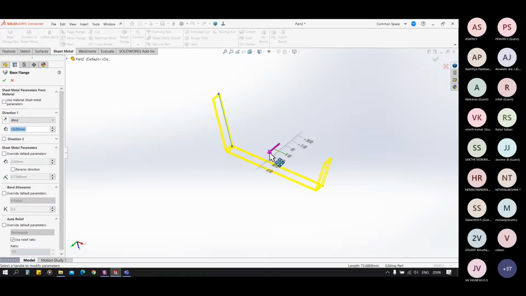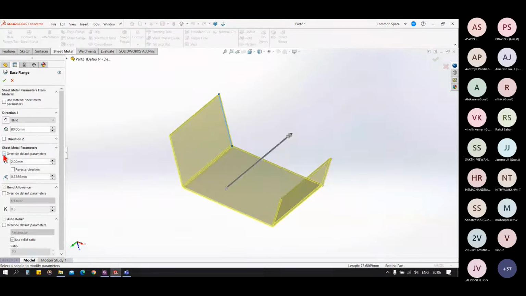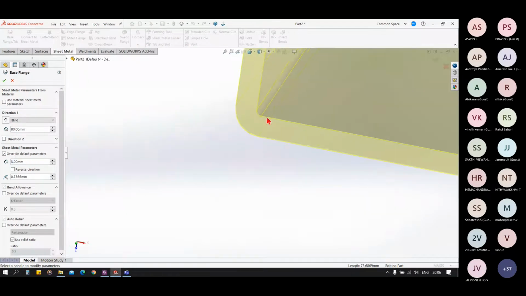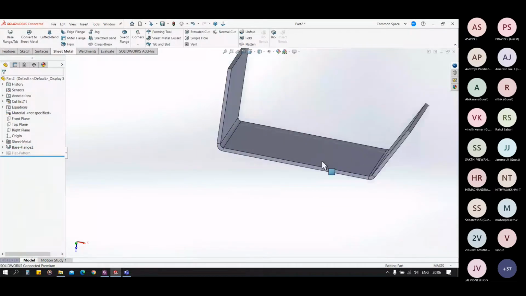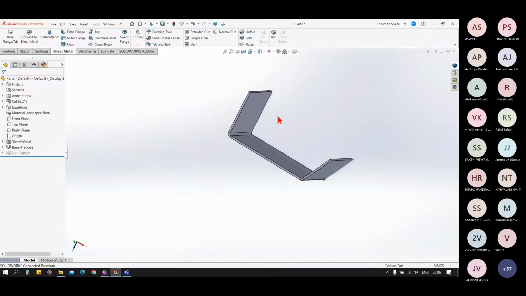Also in the sheet metal parameters, we have thickness and bend radius. This is the bend radius. We can change the bend radius. You can see this is our base flange.